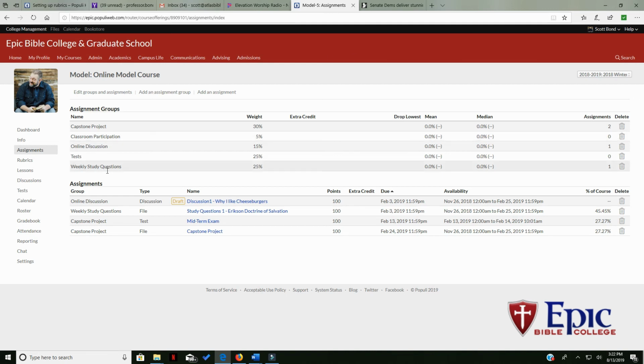So assignment groups, assignments within the assignment groups. Please notice on the right that as I put my assignments in, and once I publish this one, this would change as well, it shows you what percentage of the entire course each assignment is. And these percentages will get smaller and smaller as you enter all of your assignments in. And so then the student will be able to go over and look and say, wow, you know what? This capstone project is a lot of the course. And these study questions, they're a little bit of the course. They'll be able to make some decisions on how much work they put in, how to budget their time, things like that. Hopefully that helps you, and I will see you on our next